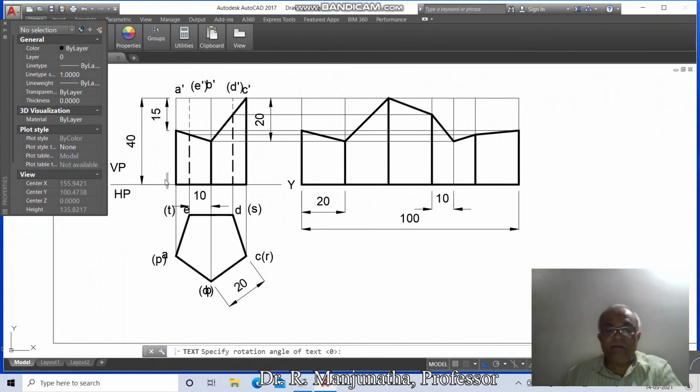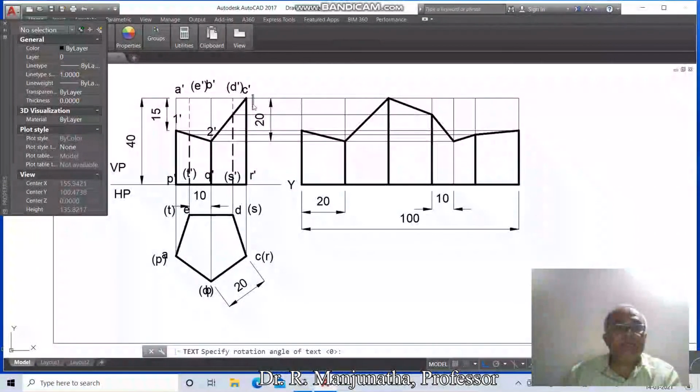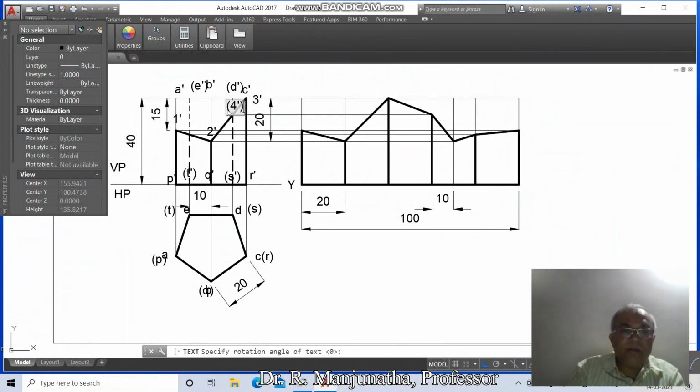here it is P dash, here it is Q dash, here it is R dash, here it is S dash in bracket, here it is T dash in bracket, then here 1 dash, then 2 dash, then 3 dash, then 4 dash in bracket, then here it is 5 dash in bracket, here it is 6 dash, here it is 2, here it is 5,